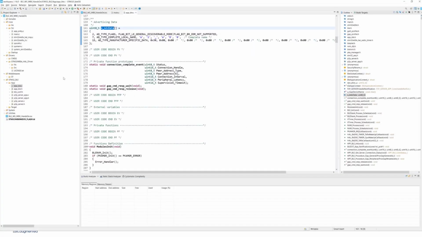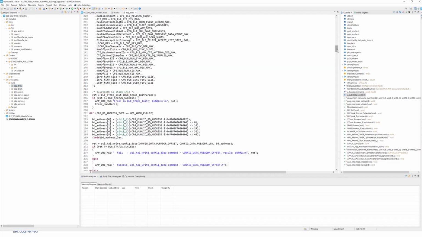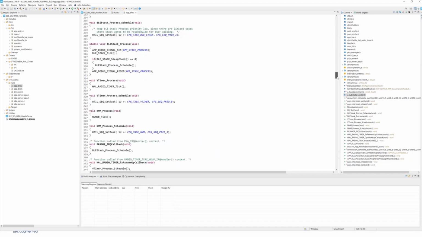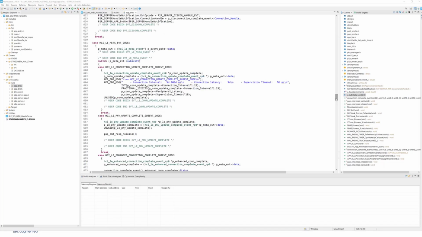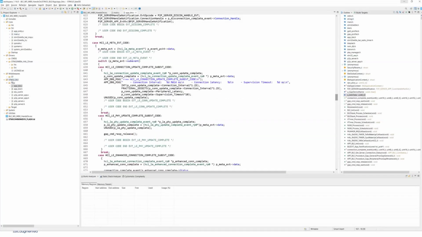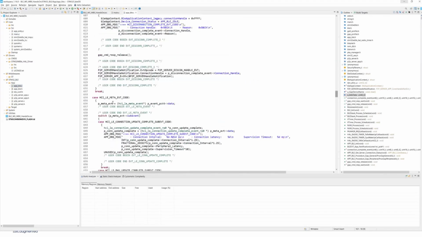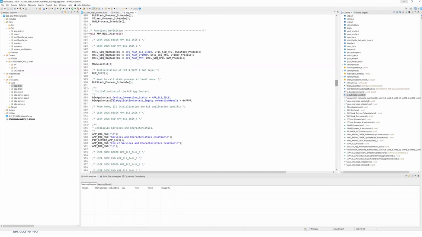When do I need to advertise? I need to advertise at the end of the initialization. Once we terminated the initialization of our Bluetooth application, we can start advertising.